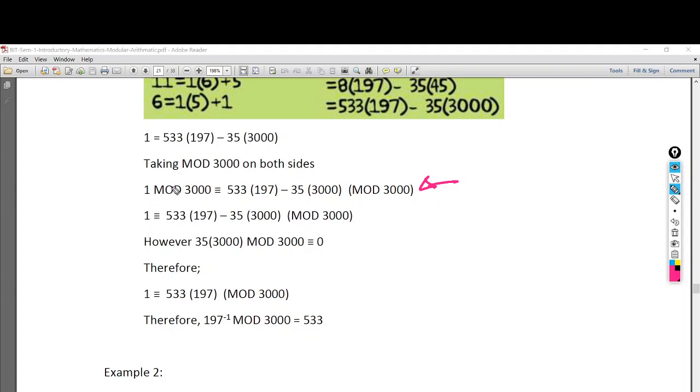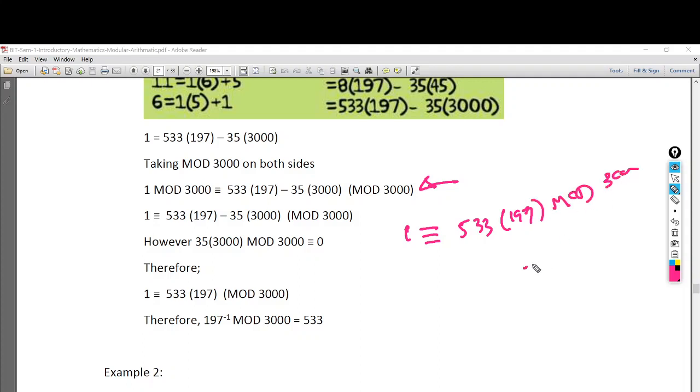Right? 1 mod something is 1. For any base, the 1 mod value is 1 because the remainder is 1. So now we can take this one as 533 into 197 mod. I'm just rewriting this. Now this one is anyway 1. 1 is congruent to 533 into 197 mod